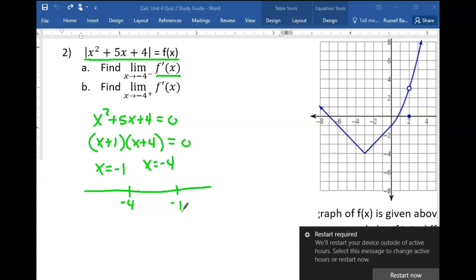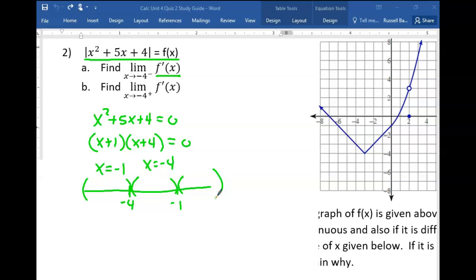And now we need to test to see what happens on these 3 intervals that we have. Will the absolute value function change the sign of the output, or will it not? So let's go ahead and test some numbers. So I'm going to plug in -5 up here to this thing. So if I plug in -5,